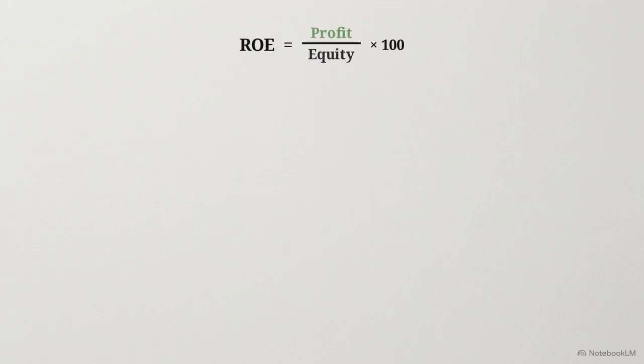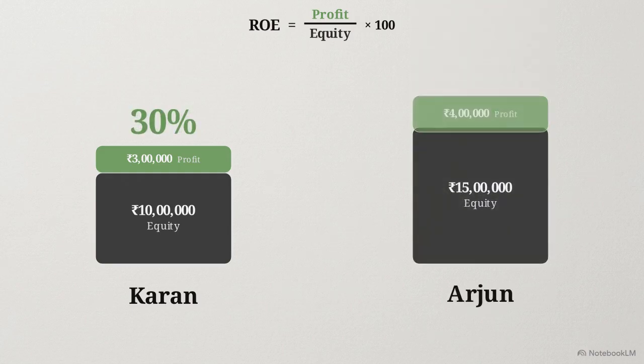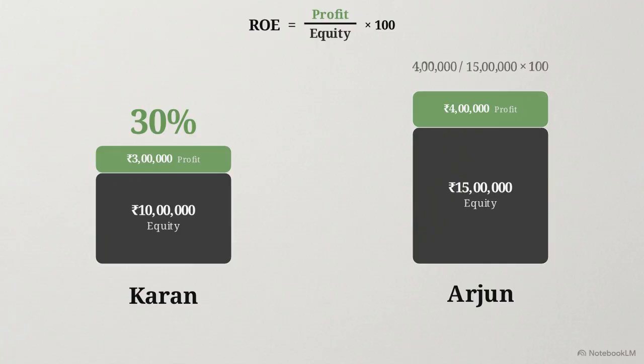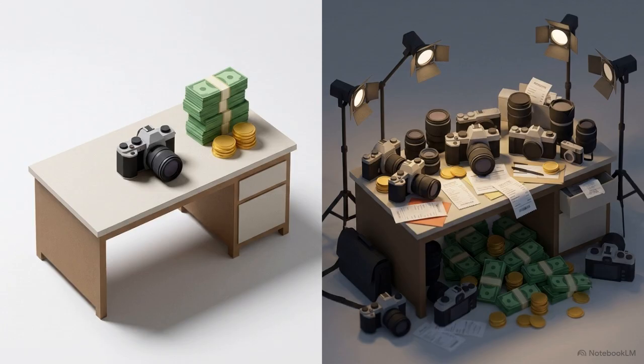Using Karan's data, 3 lakh in profit divided by 10 lakh in equity, we get an ROE of 30%. For Arjun, that 4 lakh profit required a heavier 15 lakh equity base, resulting in an ROE of 26.6%. The math reveals Karan operates a business machine with significantly higher raw efficiency. A smaller absolute profit generated from a lean capital structure is superior to a larger profit that relies on massive,